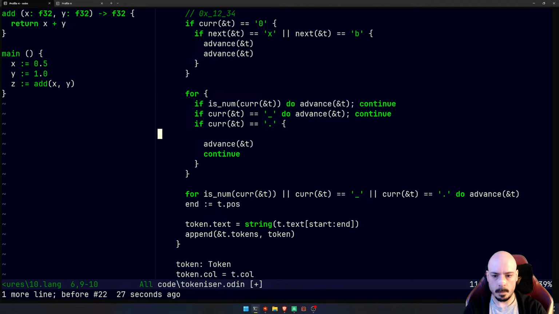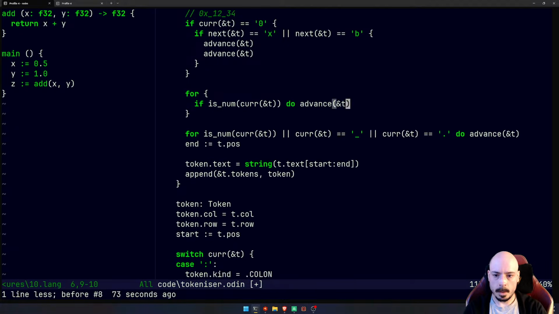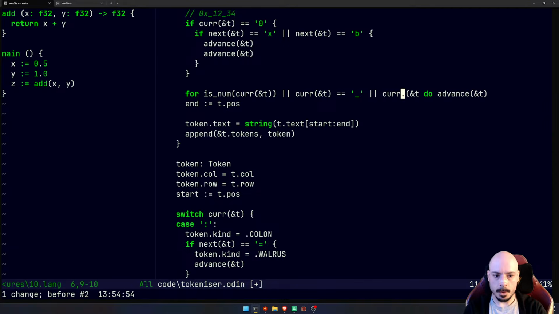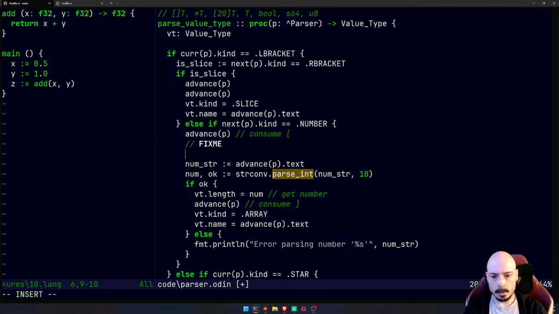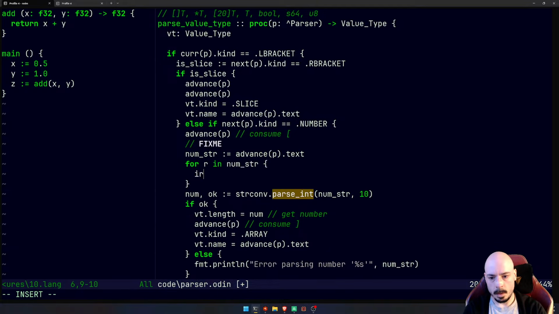I'm not going to do this here. Whatever, it's just going to be a number. I'll do it here. I'll scan the text. For rune in string, if r is period, then